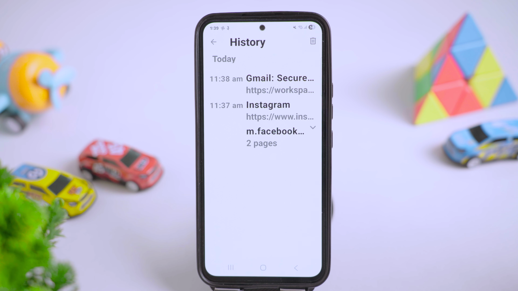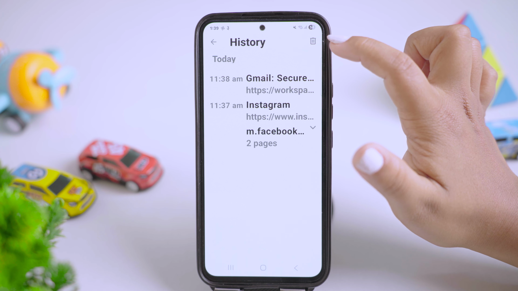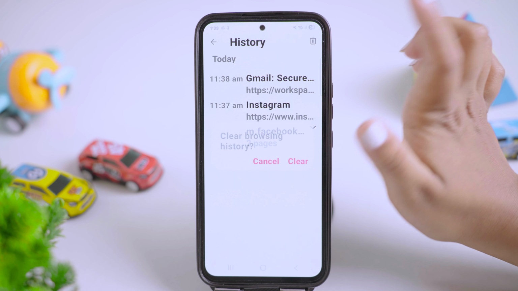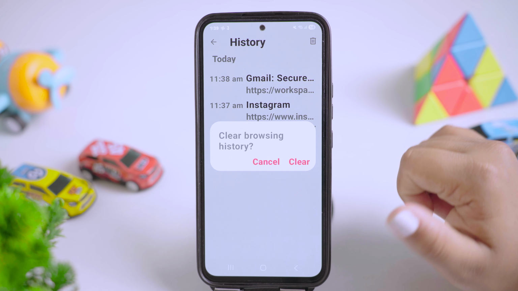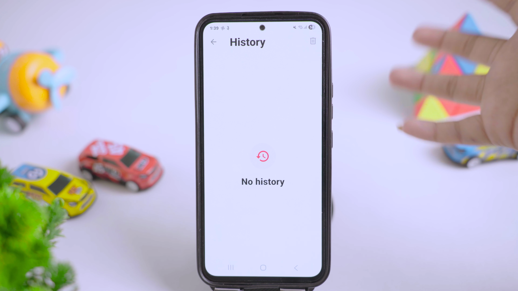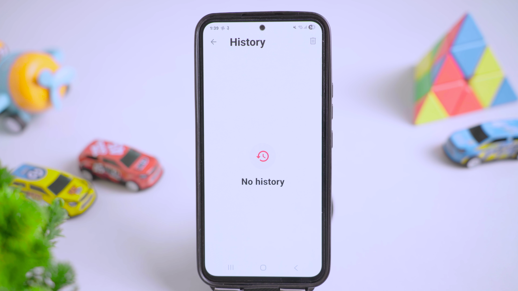Or if you want to delete all of the browsing history on your Opera Mini, what you can do is simply tap on the dustbin icon that you can see right here, then tap on clear. After doing that, here you can see we have successfully cleared all of our browsing history on Opera Mini on